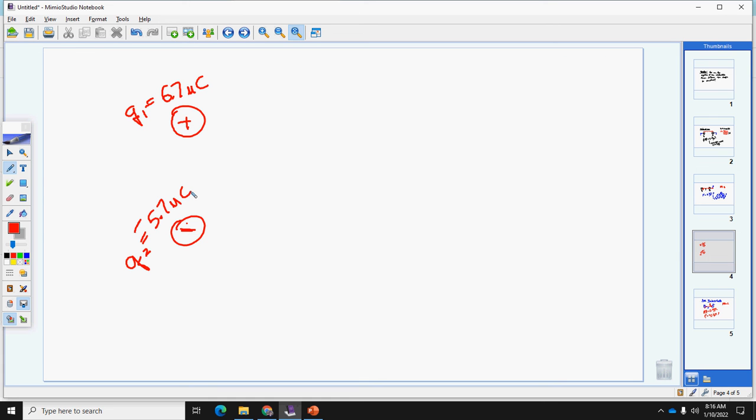Let's just finish this out, folks. And then if I came over here, let's say I had a Q3, and Q3 was negative 4.9 microcoulombs. And let's say I knew the distance between here and here was 0.12 meters, and the distance between here and here